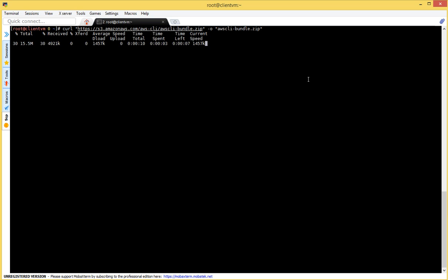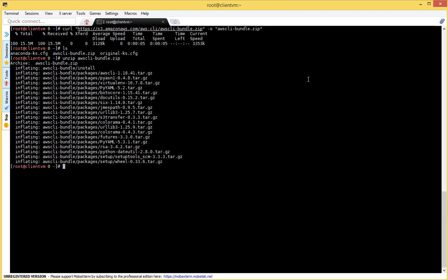It will download the client CLI tools for AWS here. Now we will unzip. First let's see what we get here. ls, so we have the awscli-bundle. So now unzip awscli-bundle. Okay, we have unzipped that.